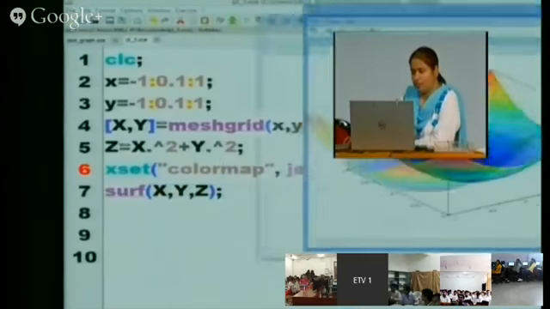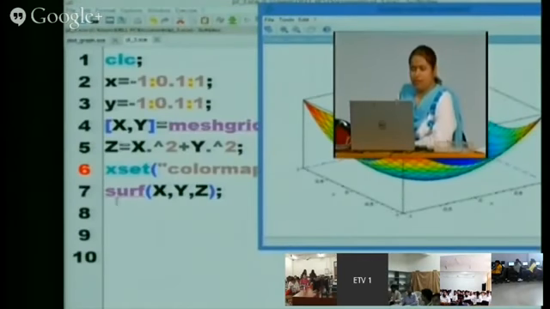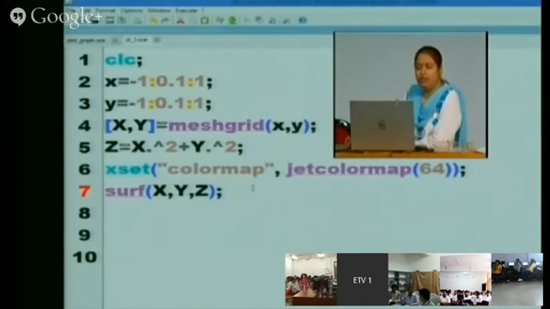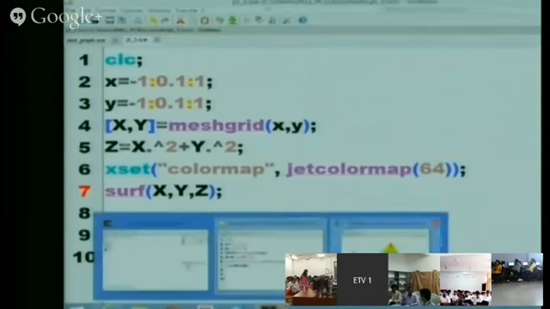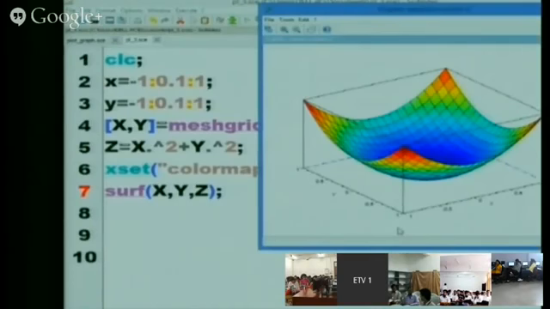This you can see. So I am using the command surf also. You can use mesh also, and then this colored mesh will be available to you.